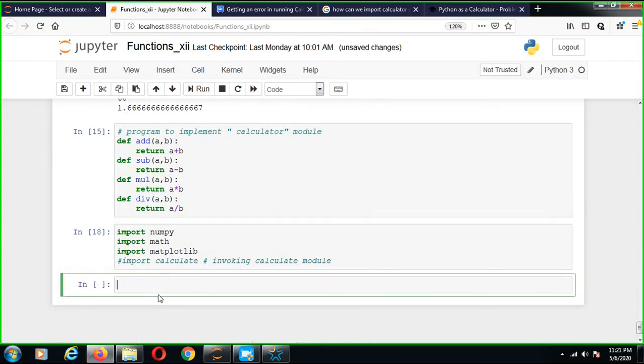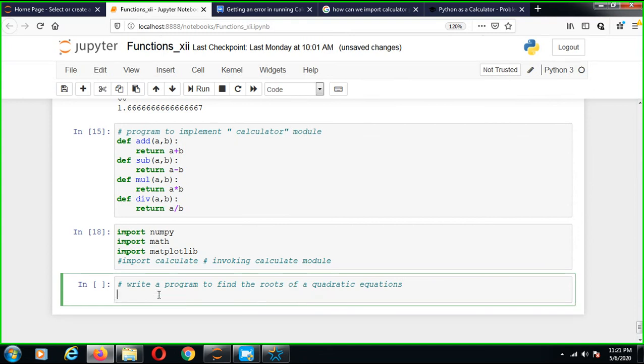So we can calculate a quadratic equation. Write a program to find roots of a quadratic equation. So first define qdf(a, b, c).